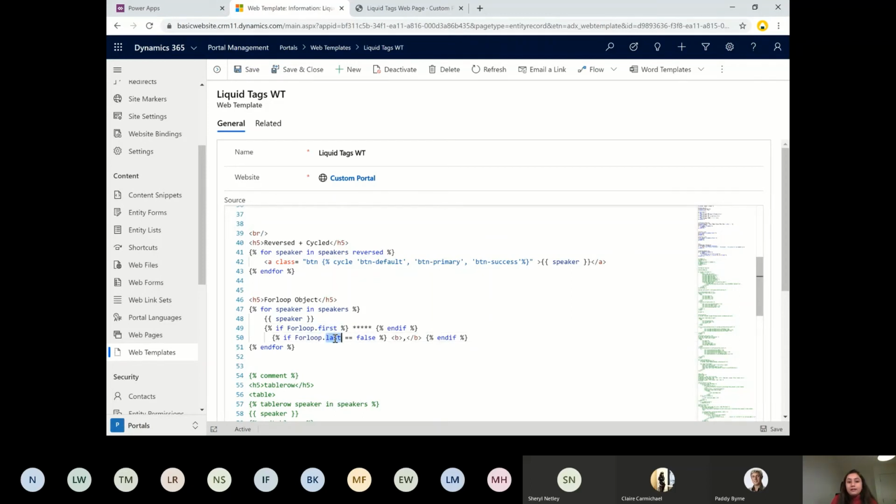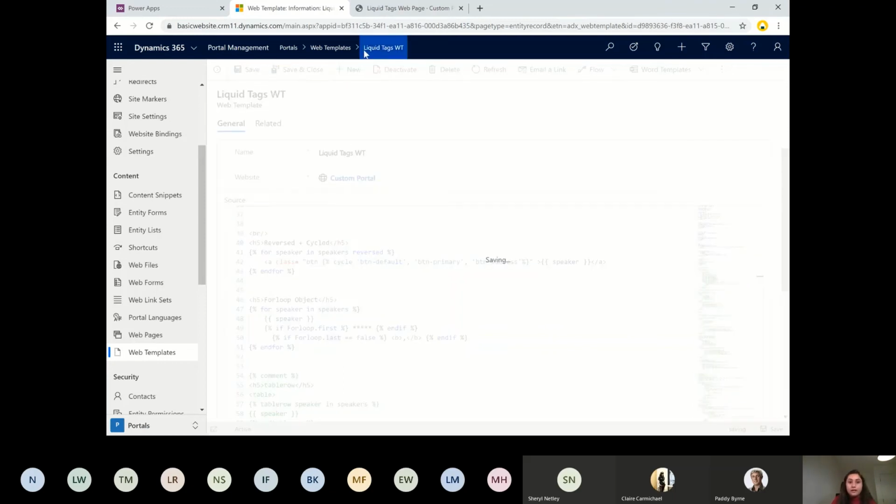So first and last can also be accessed this way in the for loop. This is not very much used, but we can do something like this. This is just to show you how reverse and cycle work, and how you can use the first and the last element of the for loop. If you have a length, let's say greater than 100, and you would like to access the first and the last element, you can definitely do that this way.